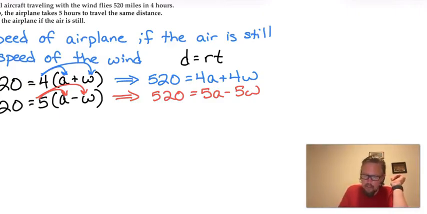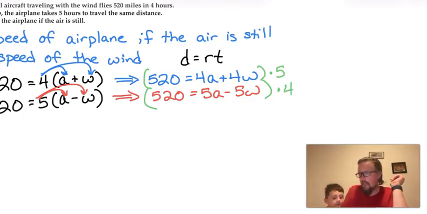If we multiply everything in the top equation by 5, and we multiply everything in the bottom equation by 4,